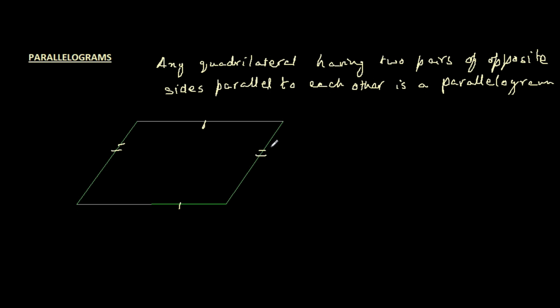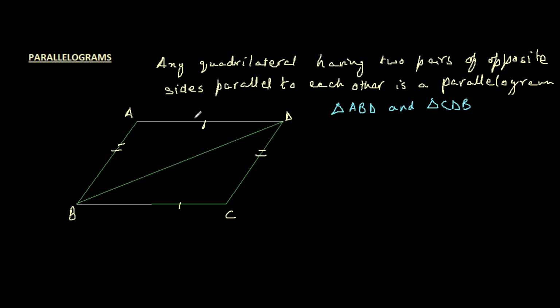We have to prove that this is a parallelogram, and like the definition of parallelogram we have seen earlier, it should have two pairs of opposite sides parallel to each other. So what I have to prove is that both these sides are parallel. Let me name the parallelogram also. Let me call it ABCD again. Now to prove that both sides are parallel to each other, we again have to prove the triangles congruent. So to make the triangles, we have to start with a diagonal to divide it into two congruent triangles. So let's say BD is a diagonal which divides it into two triangles, triangle ABD and triangle CDB.